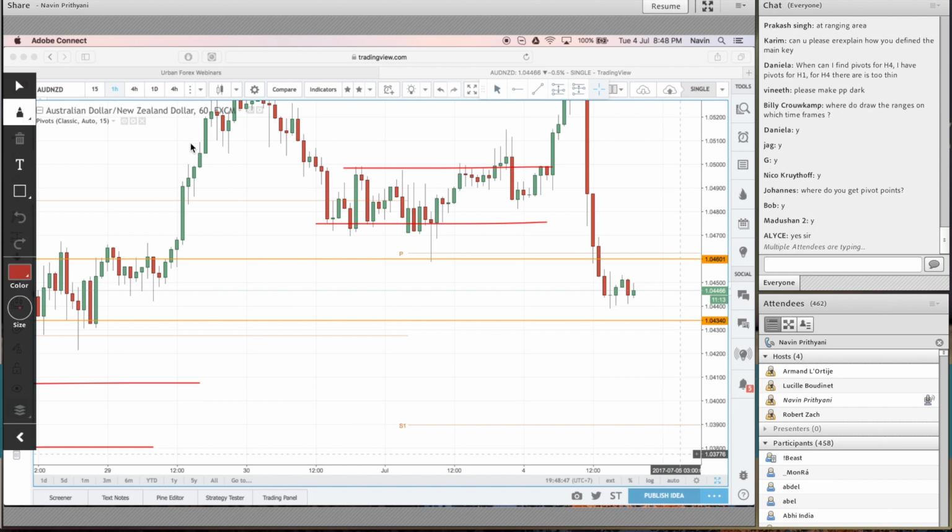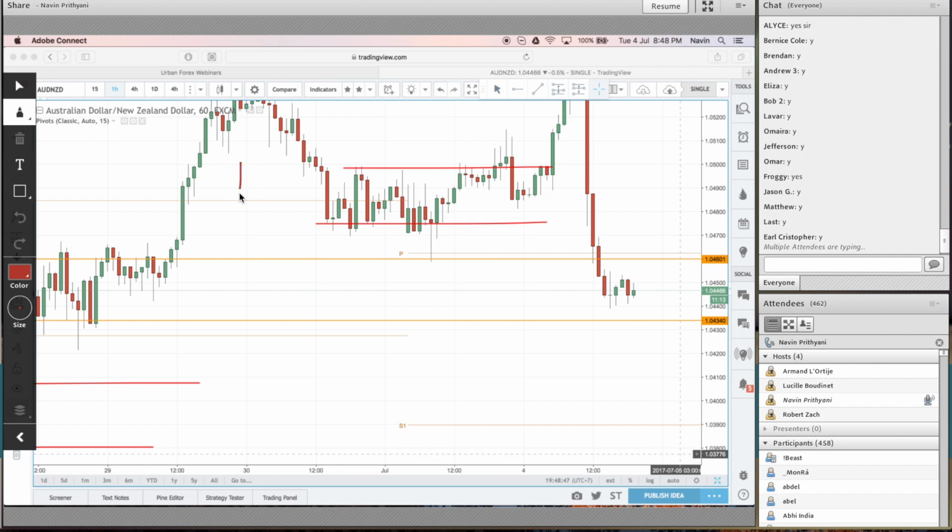Okay, look at this area. There's a pivot line right here coming in from yesterday. This pivot line extends out to there. Now, isn't a pivot line very similar to our range lines? Our range line was basically saying, as long as price is above this range, we're okay for a buy.